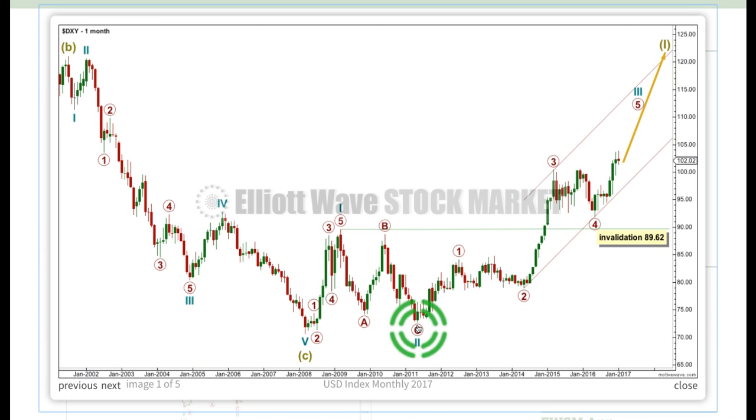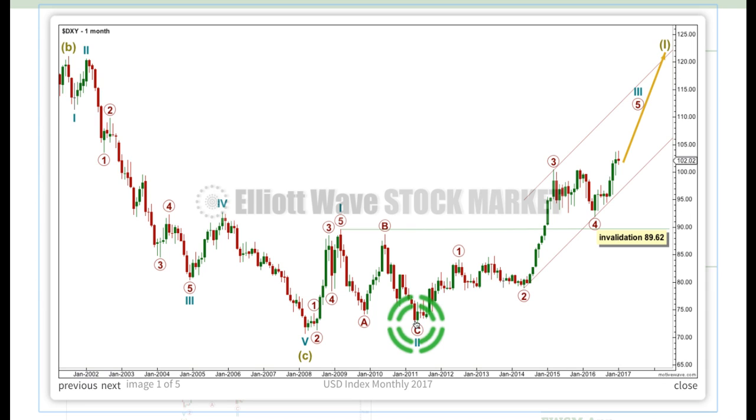Cycle wave 2 lasted just a bit over 2 years, and so cycle 4, if it's a flat combinational triangle, which would be most likely, should be longer lasting, so maybe 3 or 4 years in duration. So a big interruption to the bull market coming up, but not here yet. The structure of primary 5, when I look at it at the daily chart level, is incomplete. When cycle 3 is done and cycle 4 unfolds, it won't be able to move back into cycle 1 price territory below 89.62. Cycle 2 is very deep, so the upcoming big correction for cycle 4 should be expected to